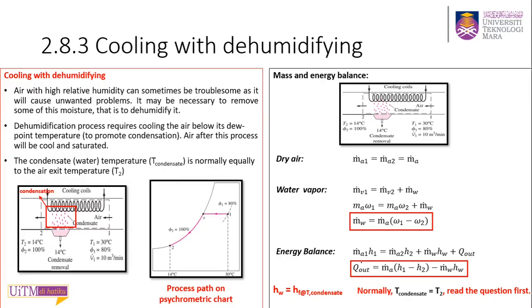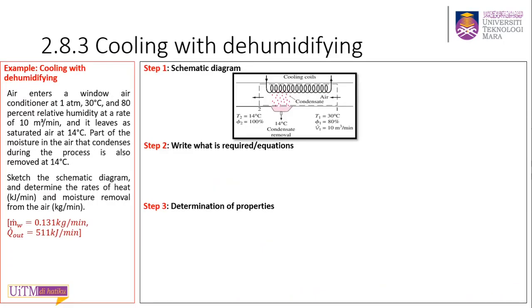Okay, now let's look at the example for this process. Feel free to pause to read and understand the question properly. For step 1, please try to draw the schematic diagram for this process. What shall we use for this question, you might ask? Since the air pressure for this question is 180 m, we can use the psychrometric chart to determine the properties